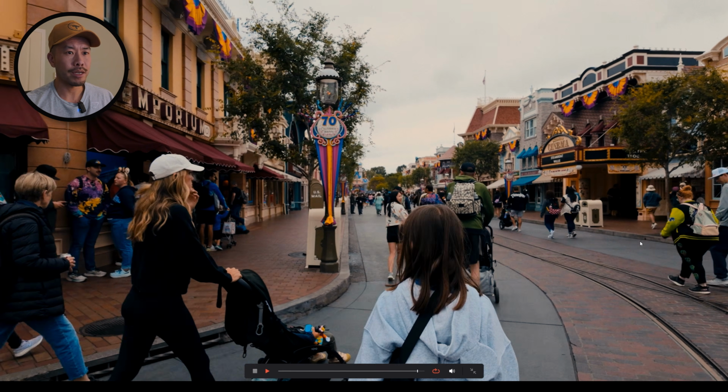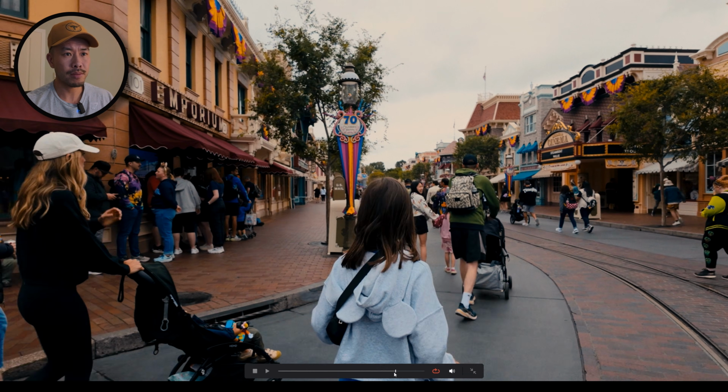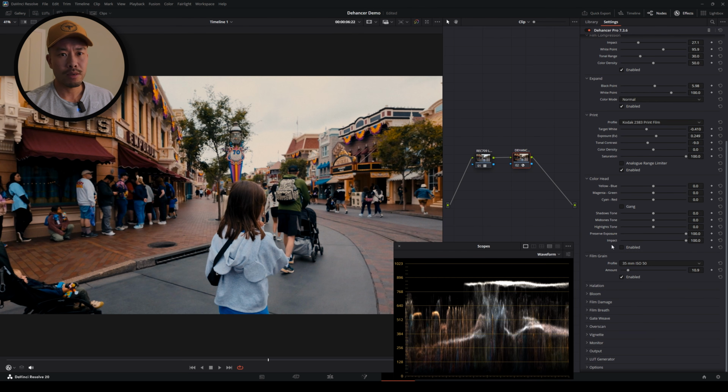So just a bit of grain to add a bit of texture. Not too much. All right, so we're done with our grain section, and we're going to move on to our halation section next